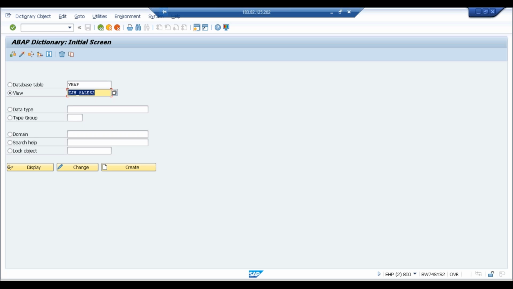Database table, okay. Suppose we have a requirement to create n number of database tables, how can we do that? Can we use LSMW kind of things, or do we need to do it only one by one?